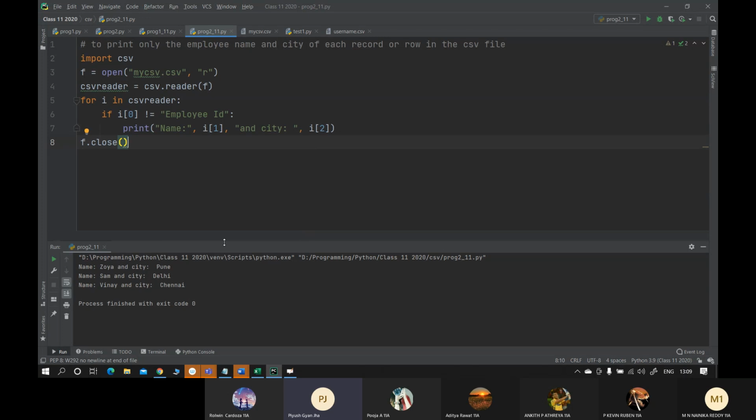Okay. Ankit, you don't need to suppress the line change because you want the line change to happen, because every row deals with a separate entity. So don't mix up all the rows. Every I stands for each row. So you can write record instead of I, if it makes more sense.